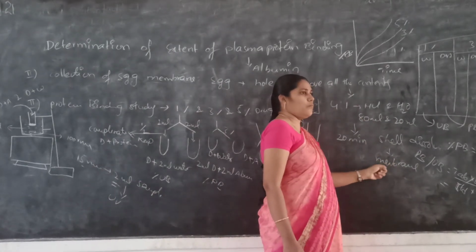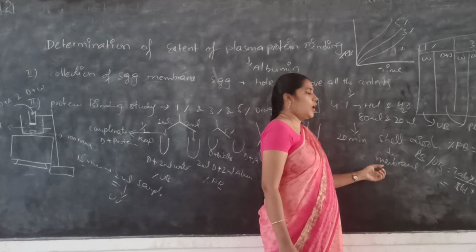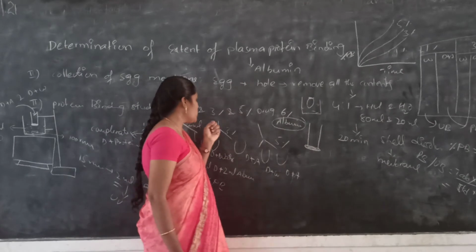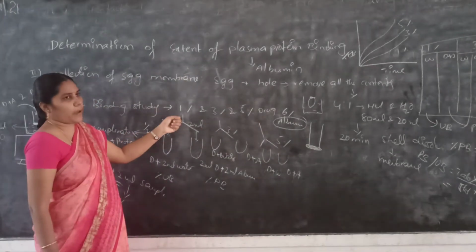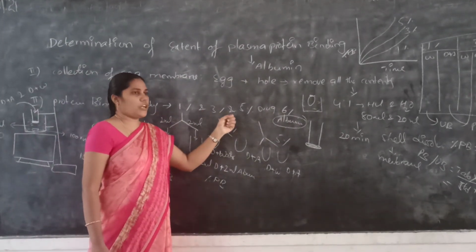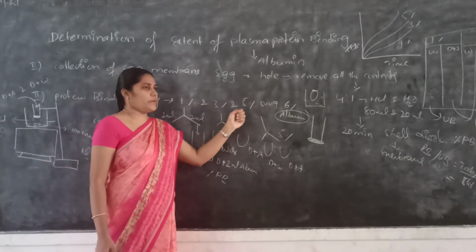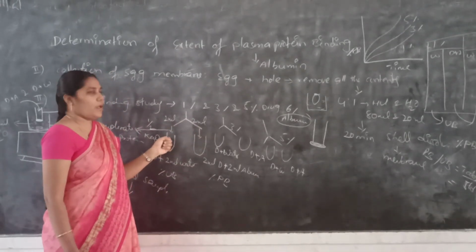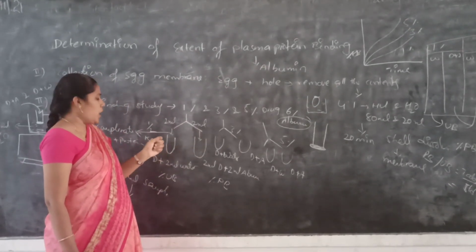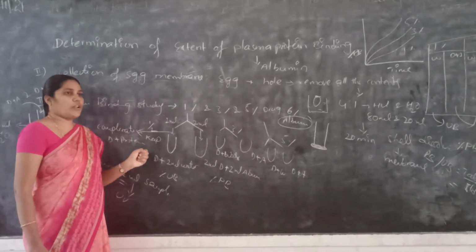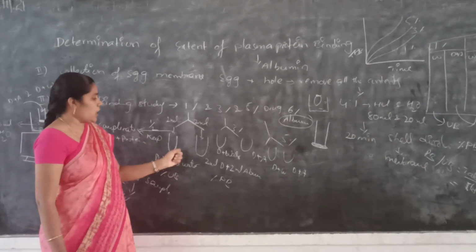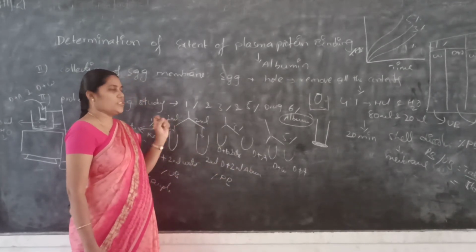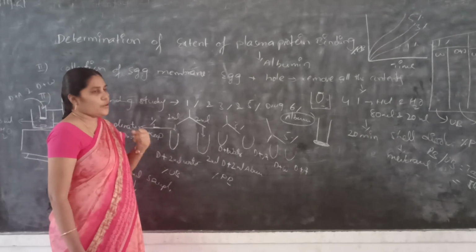The egg membrane is collected and washed with distilled water, then tied to one end of an open cylinder. Simultaneously we prepare three different concentrations of the drug solution, 1, 3 and 5%, and 6% albumin. In each case, 2 ml of solution is taken into test tubes. In one test tube, 2 ml of drug solution plus 2 ml of water; in another, 2 ml of drug and 2 ml of albumin. We make these dilutions for all 3 solutions.